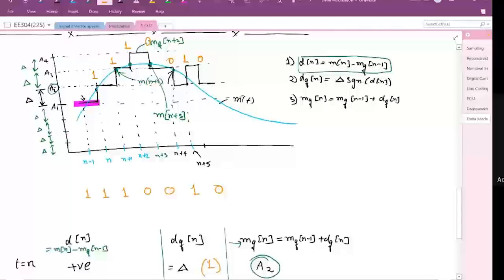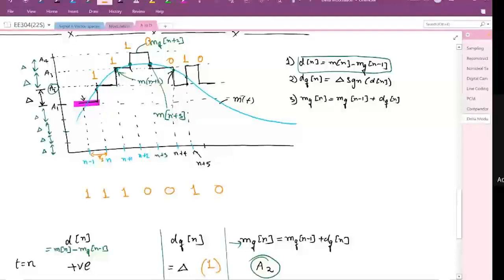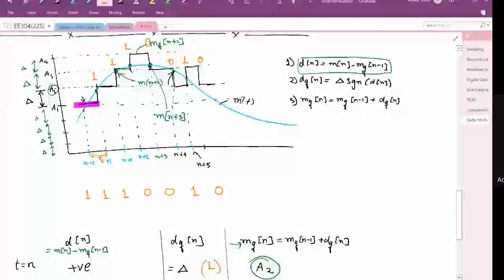At every sampling instant, that is n plus 1, n plus 2, n plus 3, how many bits are we producing? One. We are producing only 1 bit. If this is ts, then at every sampling duration we are only producing 1 bit. So that means